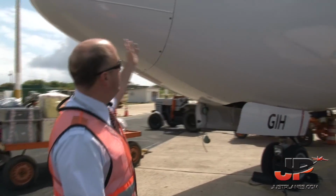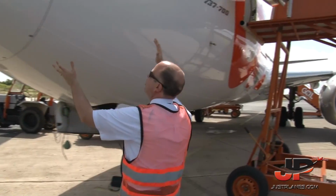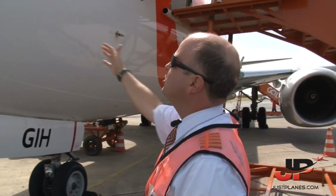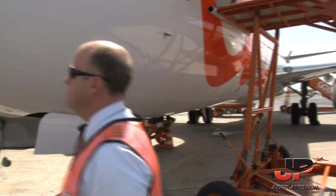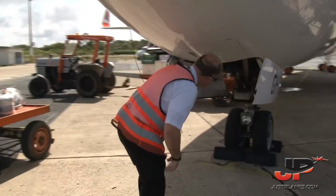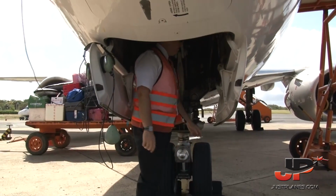Generally, we inspect all the major painting and no dents, anything regarding scratches or something, especially in the pitot area, the alpha vane, the probe heat, stuff like that. We just go down here to the main landing gear, and we can check if they're putting